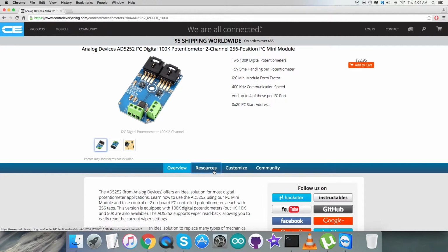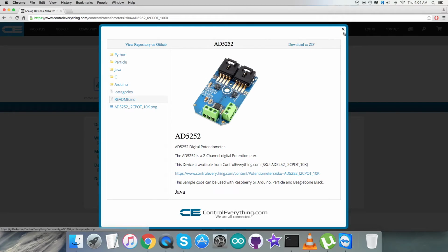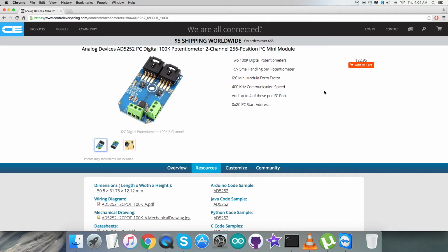be going for the code. The resource tab is there, and when I click on the Arduino code sample, you can download the code as a zip file from here, and you can also have the code from github.com, and the official repository there is Control Everything Community. Now the next step is to have a look over the hardware connections we need for this setup, and let's